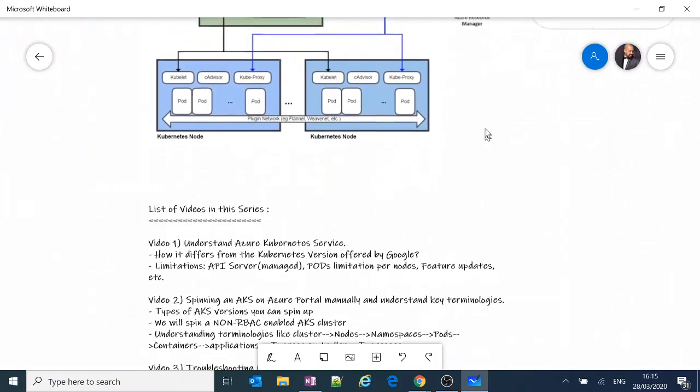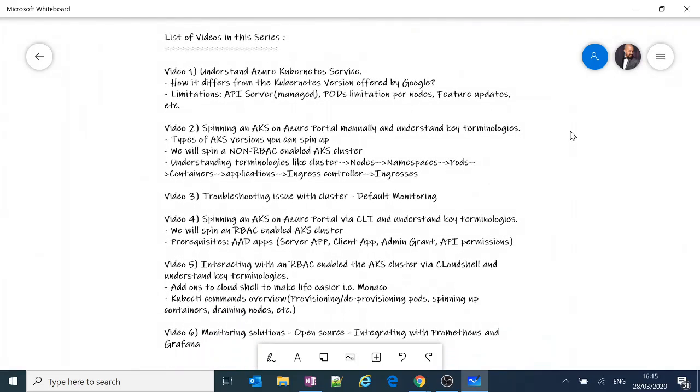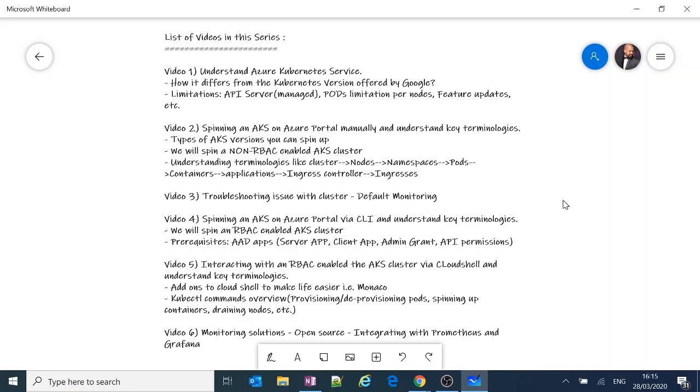AKS, and we'll have a lot of hands-on on integration, like if your organization is selecting a solution to build AKS, or Azure Kubernetes Service. Why would you require Azure Kubernetes Service? Because I have applications which are running on a virtual machine or on-premise, and I want to make them more scalable and more cloud agnostic.